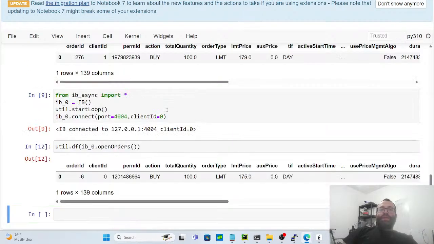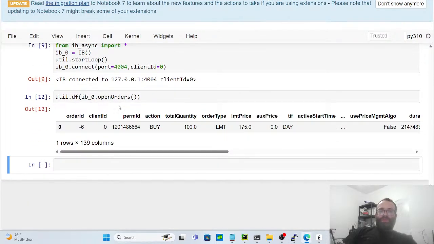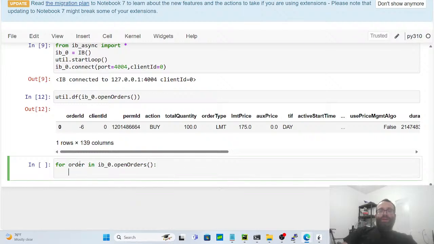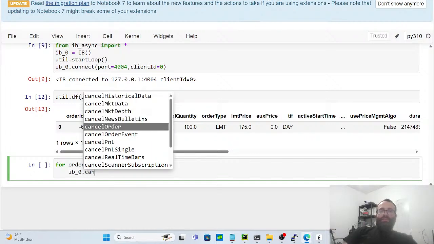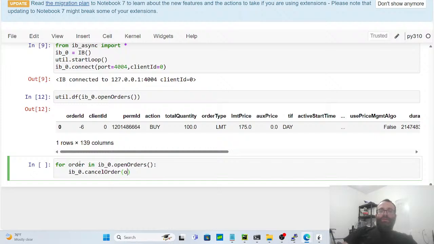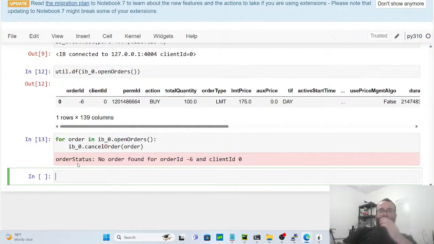Okay, so I guess the moral of the story is we just learned together, at least on the demo account, that to see the order you place from your phone, you need to use client ID equals 0. Okay, so to cancel the order, just to remind you guys, I can do for order in IB0.openOrders(): IB0.cancelOrder(order). So I guess the moral of the story is